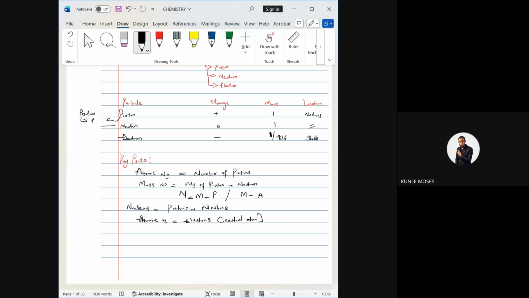So they can ask you when is your proton equal to your electron. The only time your proton and your electron can be the same thing is when the atom has a neutral charge. Or they can ask you that there's an element that has atomic number 11, proton number 11, electron number 11. State the reason. It simply means the atom has a neutral charge.